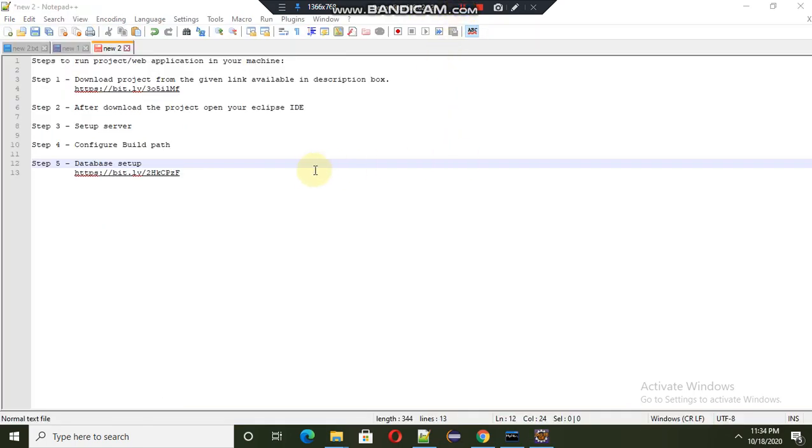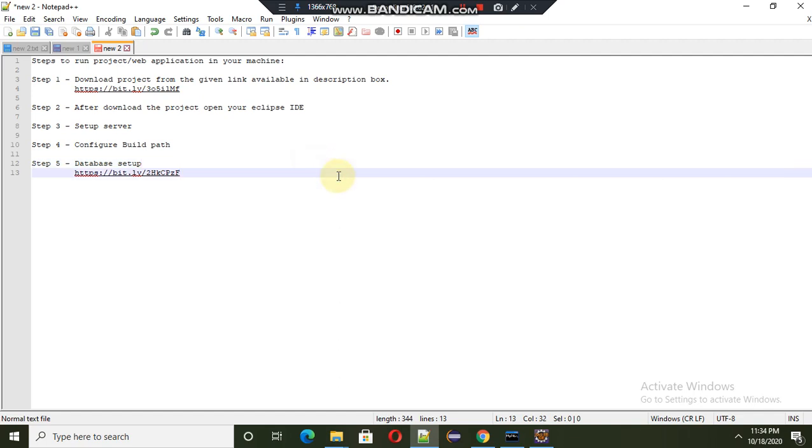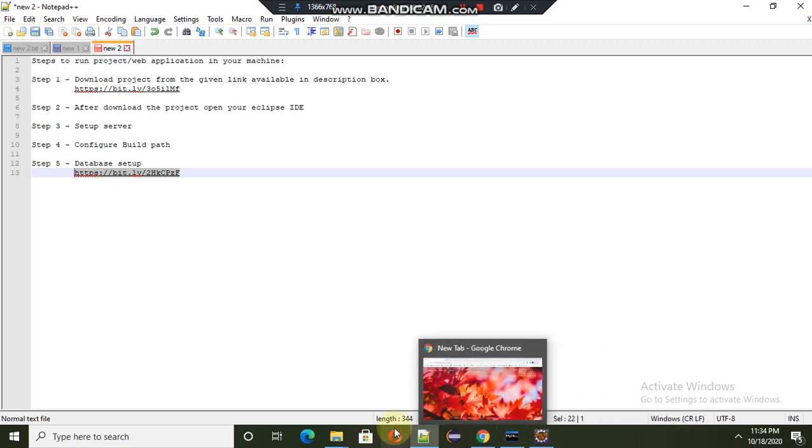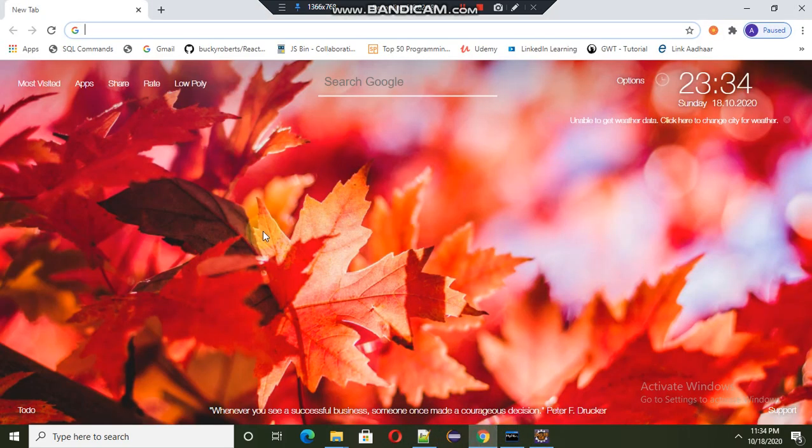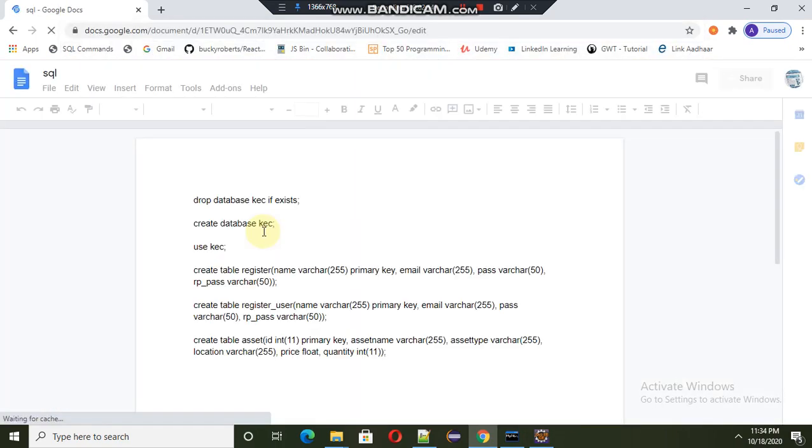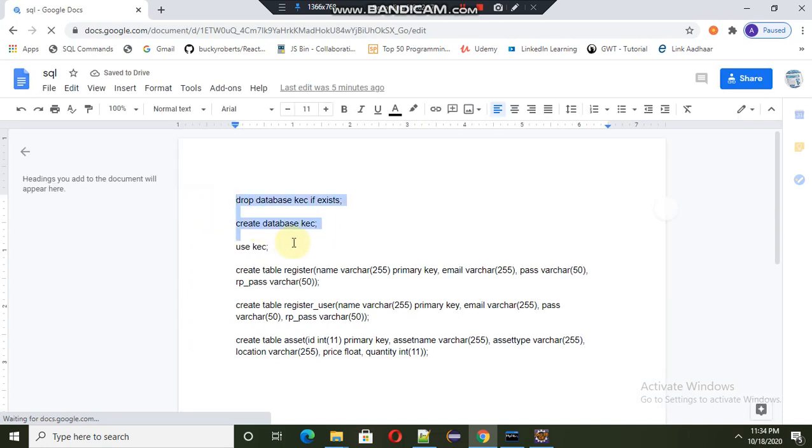Now the next step is step 5, that is database setup, which is the most important part of this video. For setting up the database, we just copy the link. This link should be available in the description box. Go to the browser, just paste it. This file contains everything that is mandatory for the database of this application.